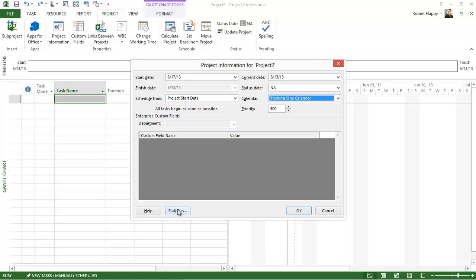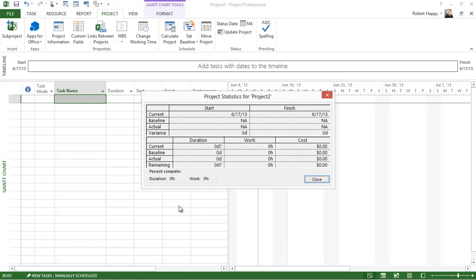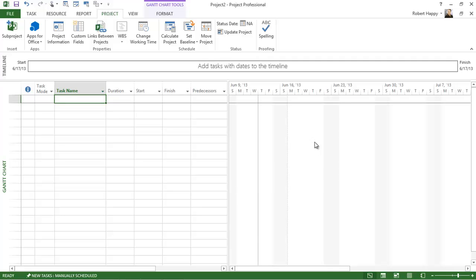There's also the bonus button down here called Statistics that I can click on, and this will show me my start date, finish date, duration, work, and cost for the entire project, including baseline and actuals once we start to have those. We don't have anything in this plan yet, but this will become useful as we start to build out our plan. So I'm going to simply hit close, and you can see now in the Gantt chart area,